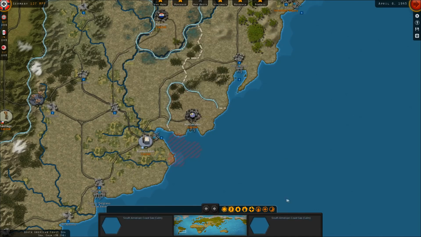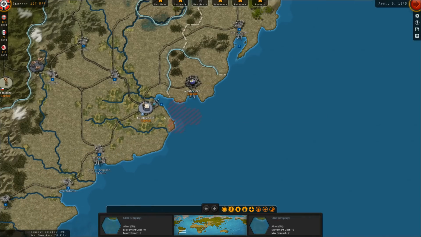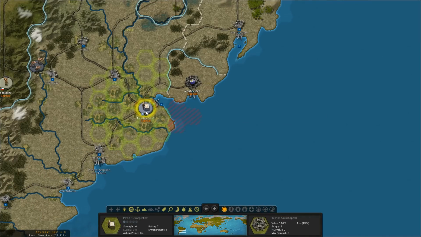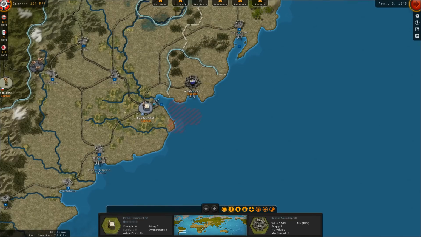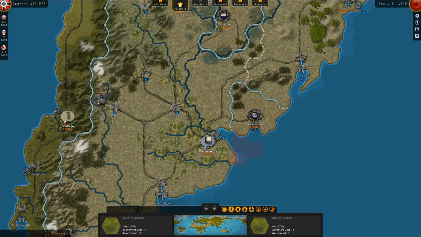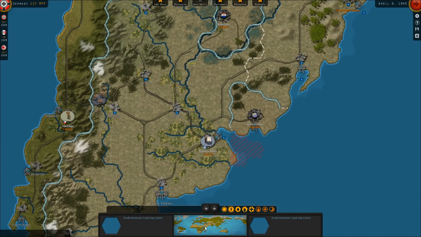I don't think Chile's going to have much in the way of forces to bring to bear against us. Looks like they got a garrison unit there, and that's about it. Problem is, I need another garrison unit to garrison the capital of Buenos Aires. I don't think Argentina has anything I can build. They're maxed out. So yeah. Anyway,